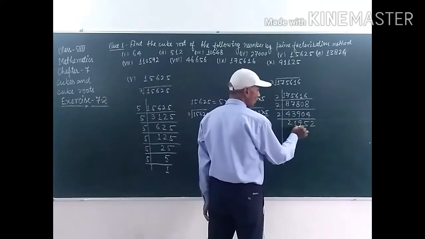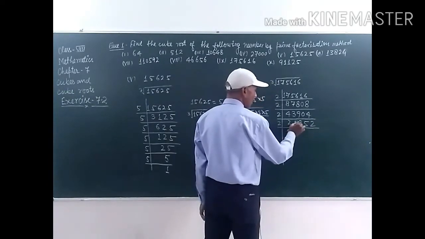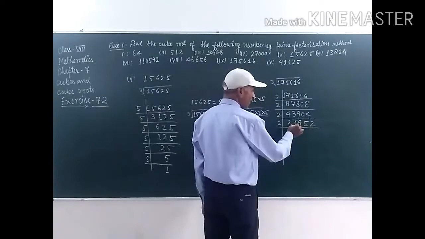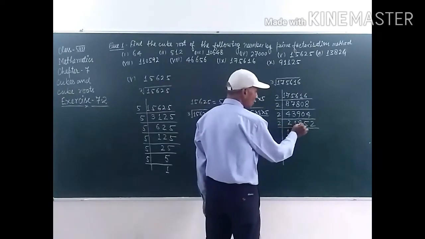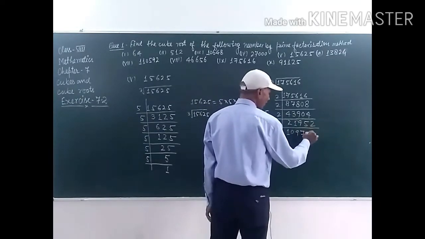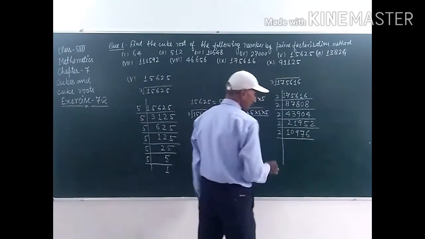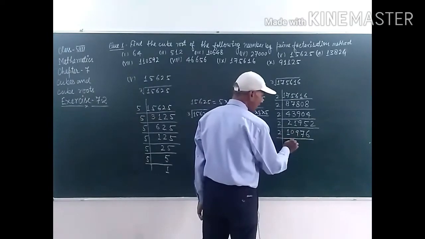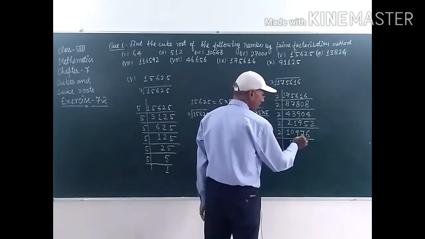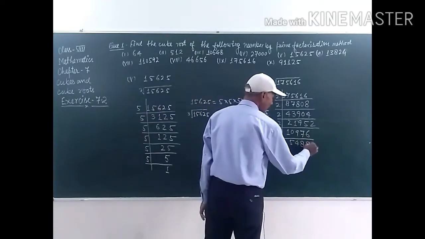This number is 21952. Again by 2, it is 2 1 ja 2. Now this one is not divisible by 2, so we have to take here 0, and this number will be 19 now. So 2 9 ja 18, and 1 is left here, 2 7 ja 14, 1 is left, and 12, 2 6 ja 12. Again by 2, it will be 2 5 ja 10, 2 4 ja 8, and 1 is left, that is 17. So 2 8 ja 16, 1 is left, and 2 8 ja 16.